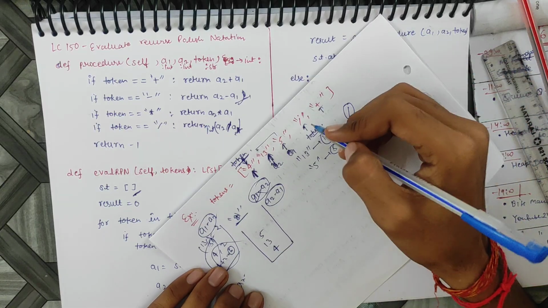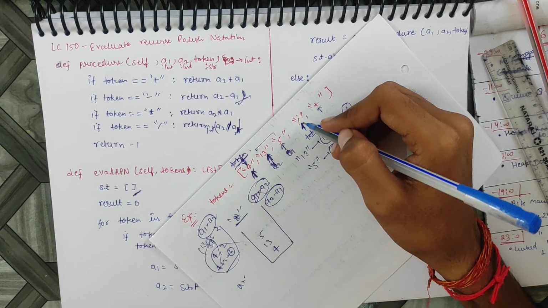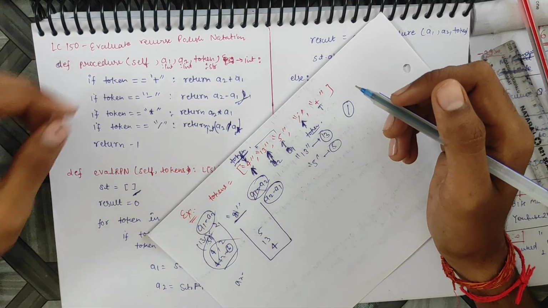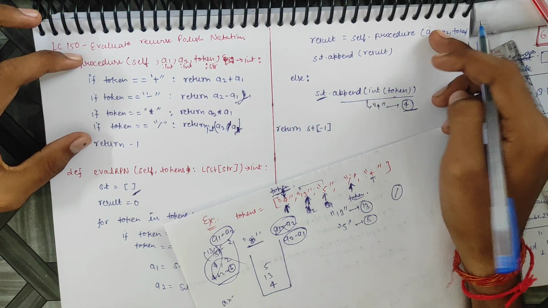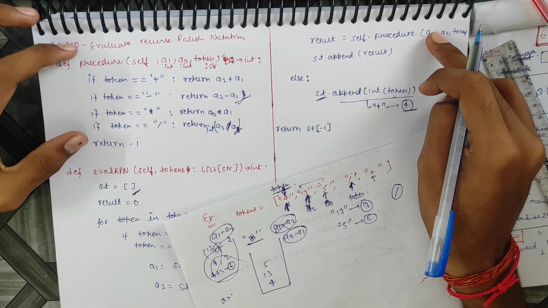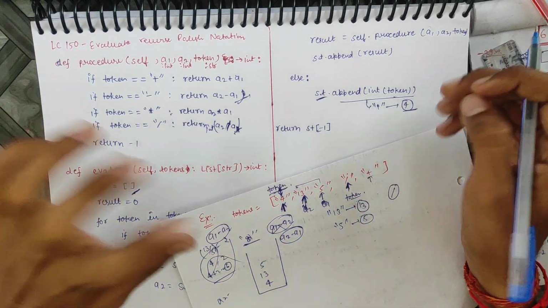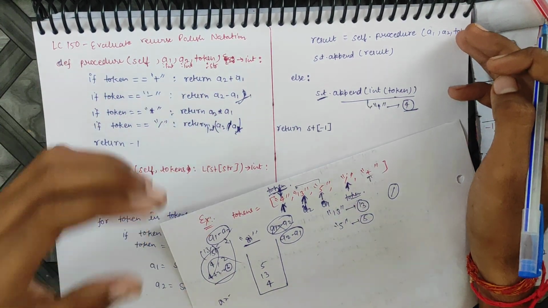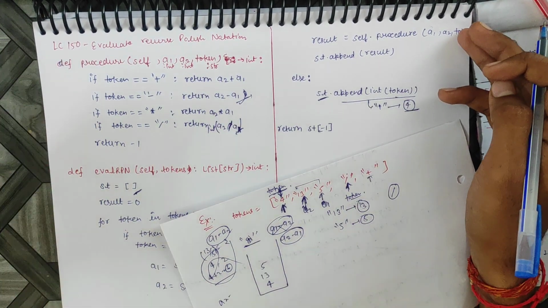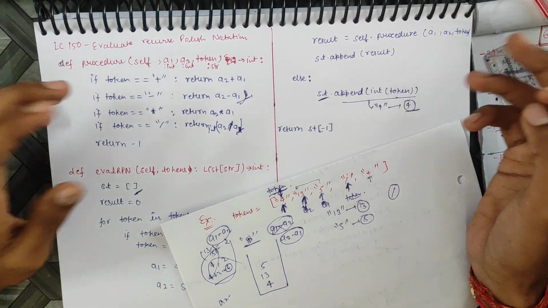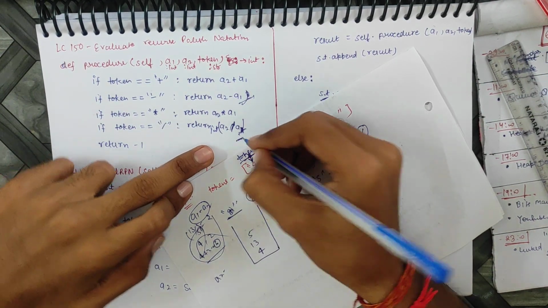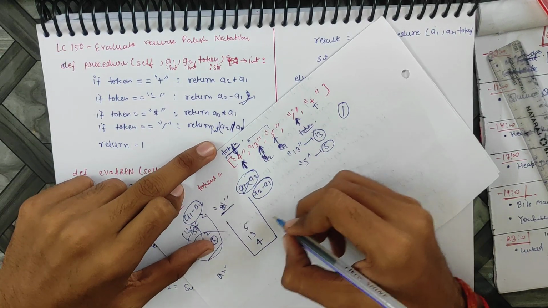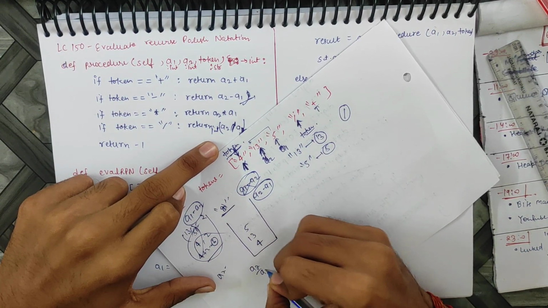Now we have division. In the case of division, in the function that we have declared, we first pass a1, a2 and token. a1 is the first last number, a2 is the second last number, and the token is the index that we have reached till now. So if we have the division sign, then we return a2 divided by a1.